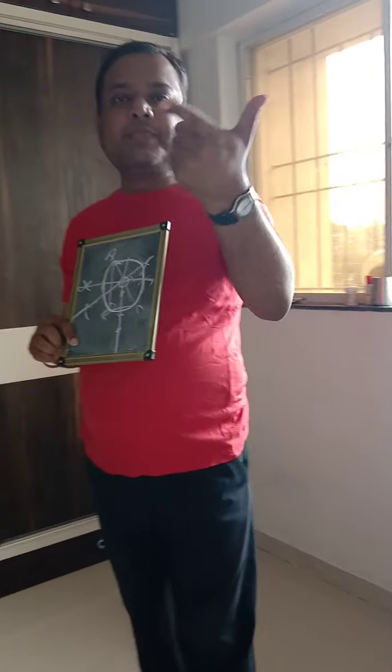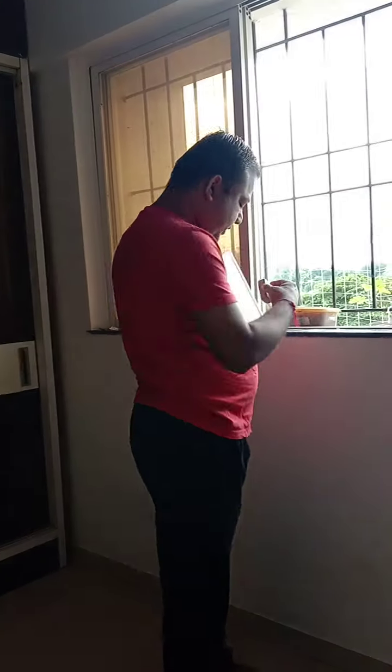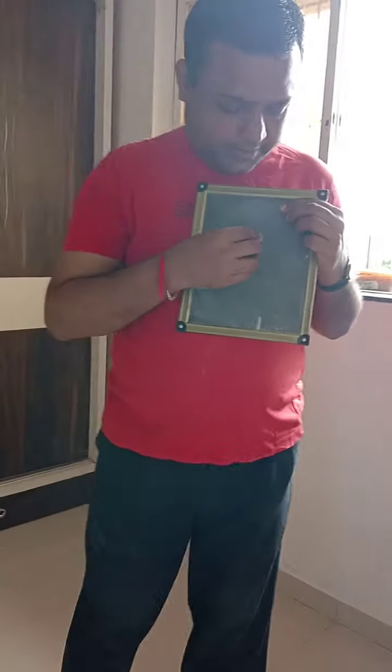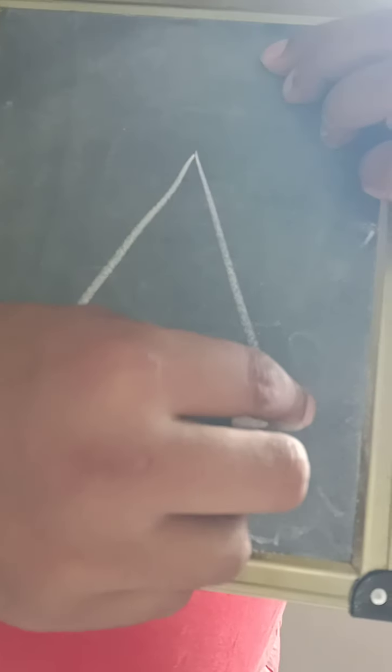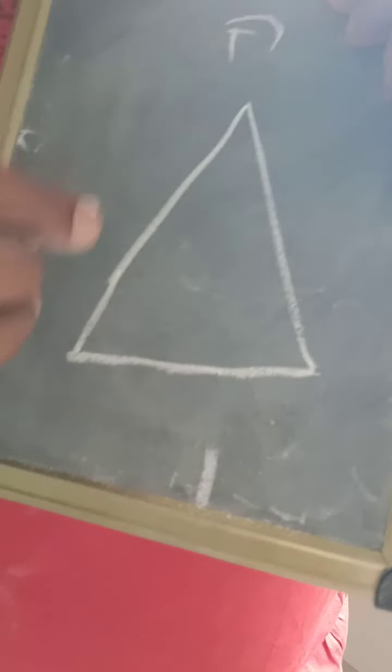Then we move ahead. We have to draw the incircle of a triangle. What do we call the incircle of a triangle? So we have to draw the incircle. How do we draw an incircle? I am taking this as my second point. I draw a triangle. You can take any distance and take points A, B, C.